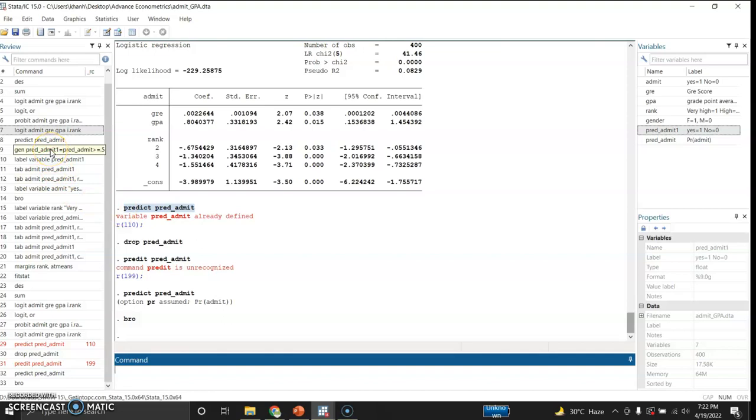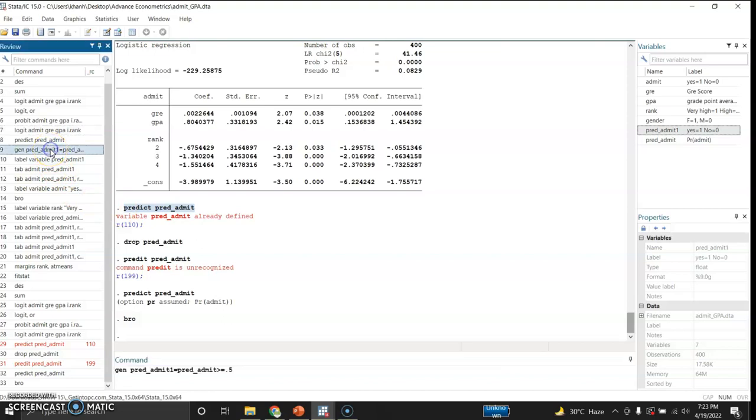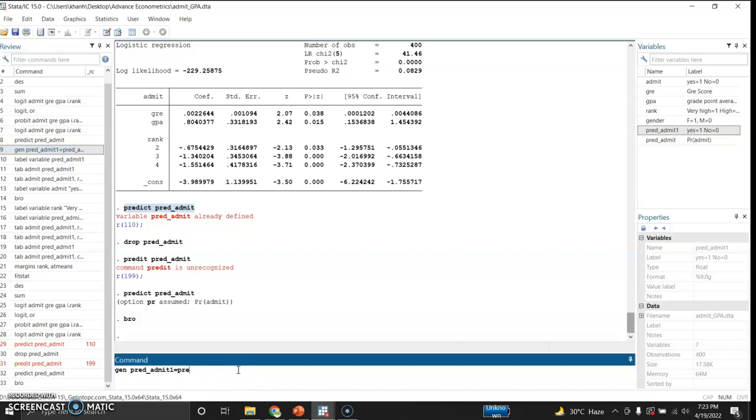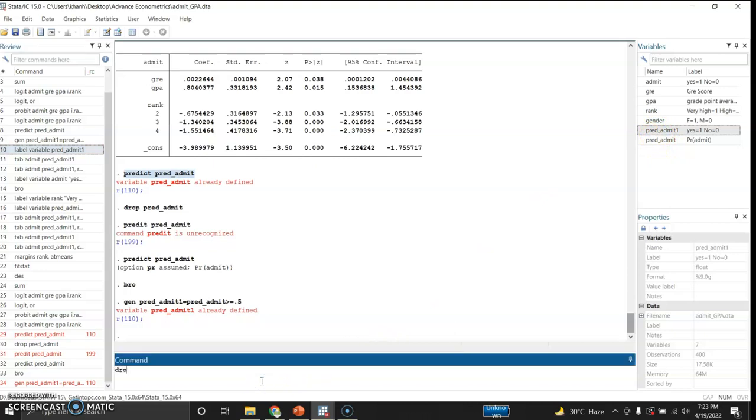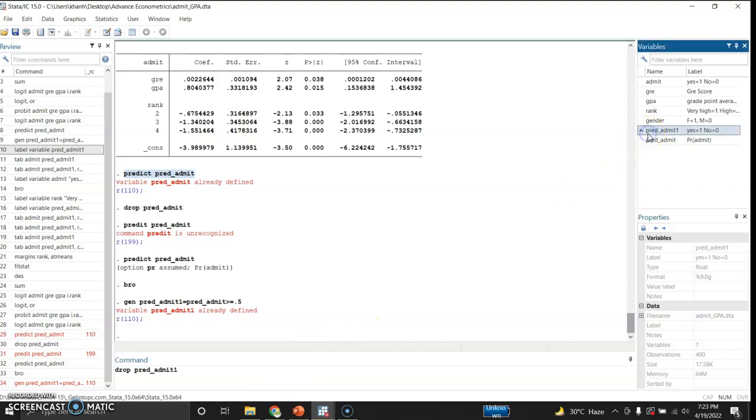After that, I will generate another variable which I have already done, and let me first drop this variable and I will generate it again. I will drop this variable and I will regenerate.